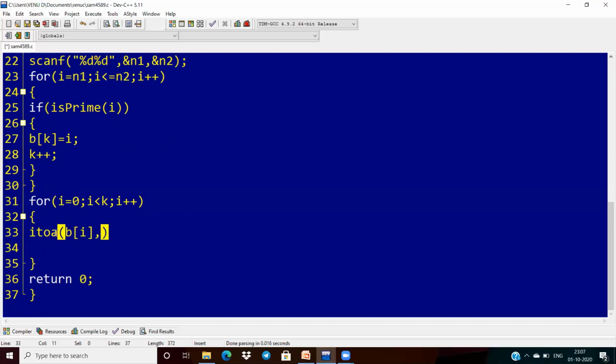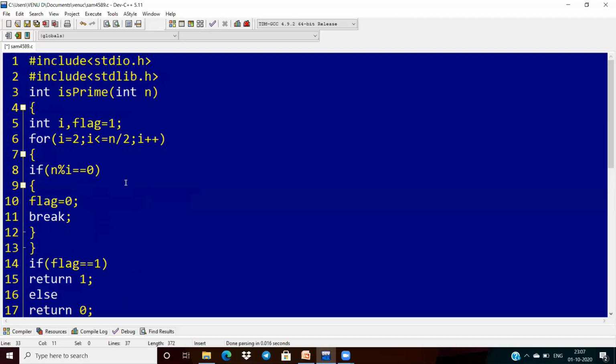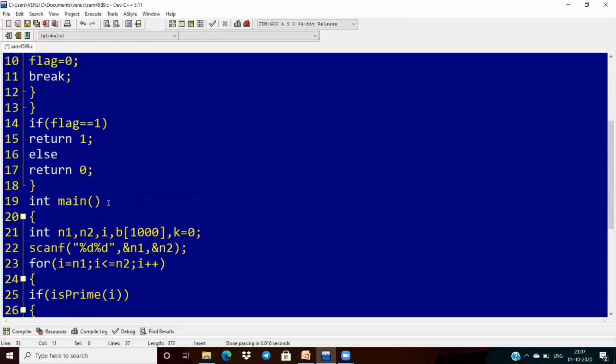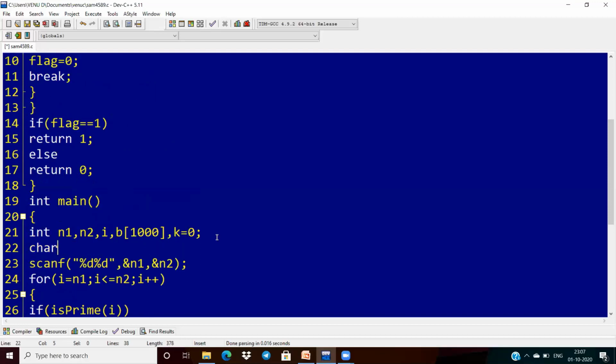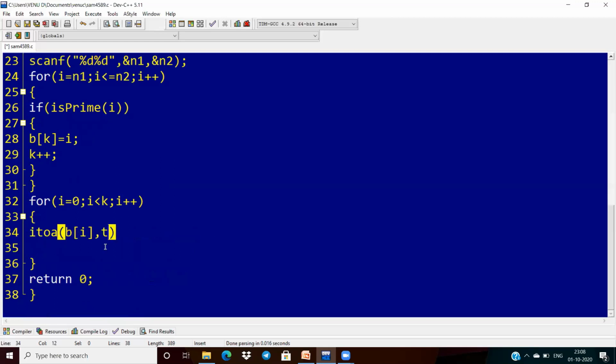But I want to store the equivalent string, so I'm taking a character array temp, which is my temporary string, and inside that I'm storing all these elements. I have to convert each and every integer into the string type, that is why I'm taking this temp.